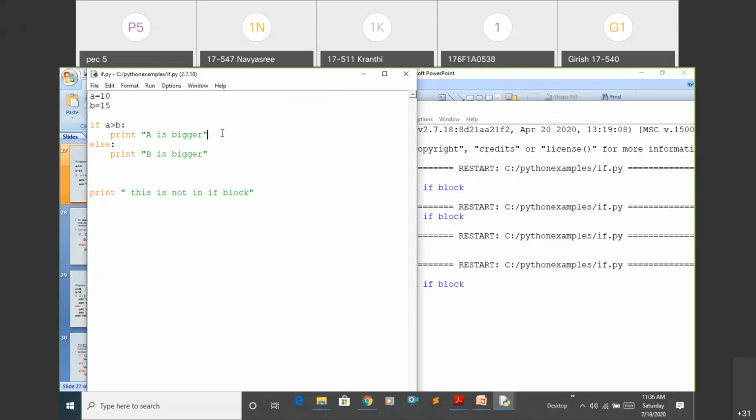Suppose I go for one more condition, that is elif, for example A equals B. I'm going to print here.